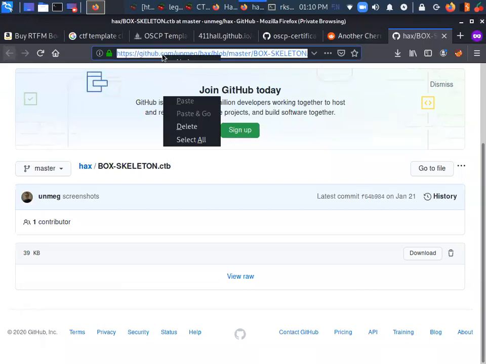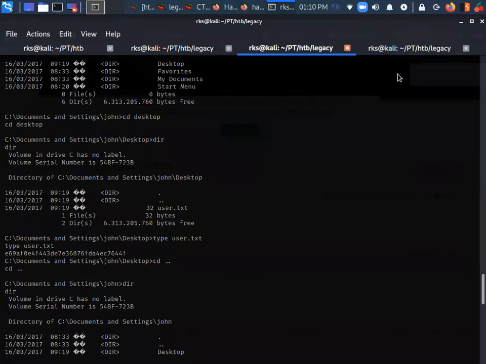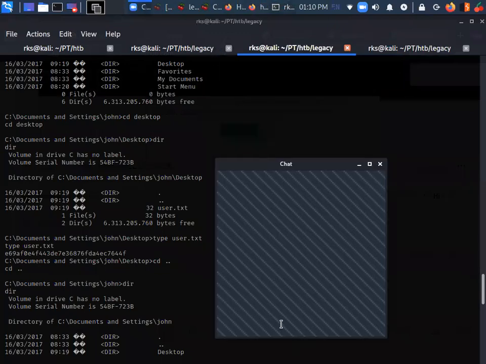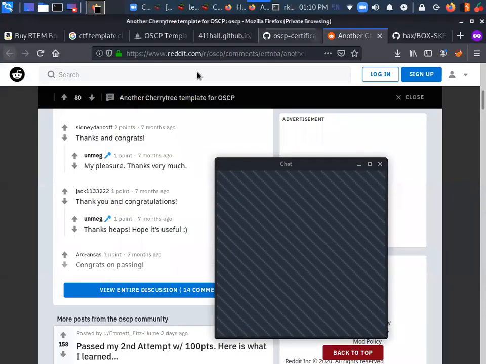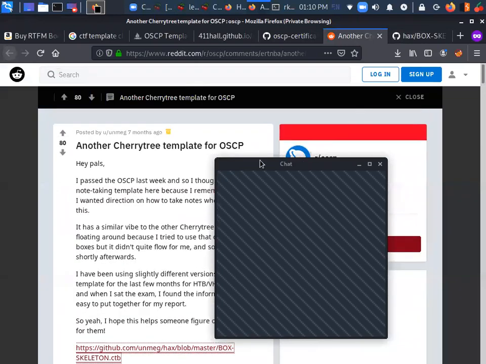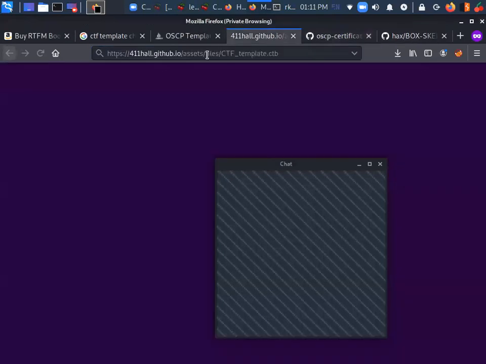Let me just copy this one. Where is our chat menu here? And this is another one.